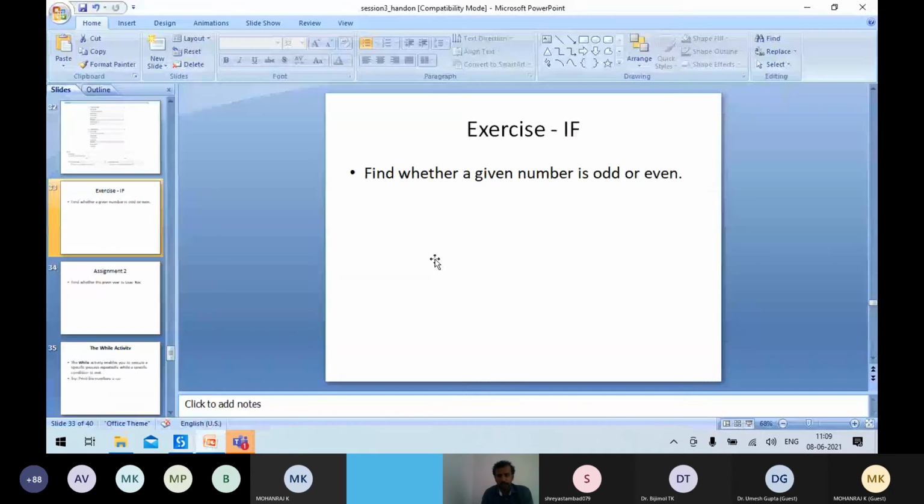Here is the next assignment, number 2, for you. You can easily do this. Get an input, a year, from the user, say for example 2020 or 2021, and you just have to display whether the year is a leap year or not. This is your second assignment. Please try this. If you find any difficulty, we'll discuss it in today's afternoon or tomorrow morning session.